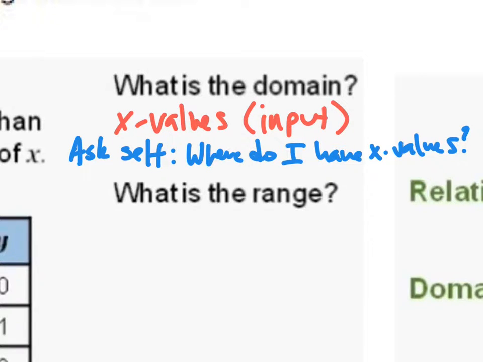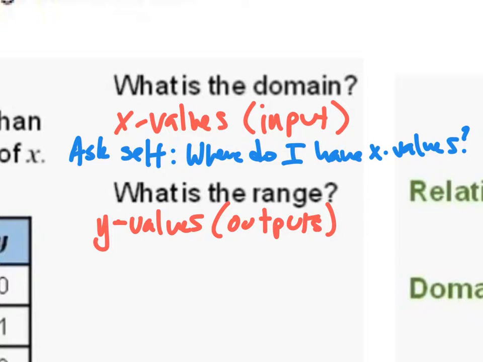Okay? What do you think the range is? If domain is x values, the range would be the y values. So the range, these are your y values, also known as your outputs. And I ask myself,